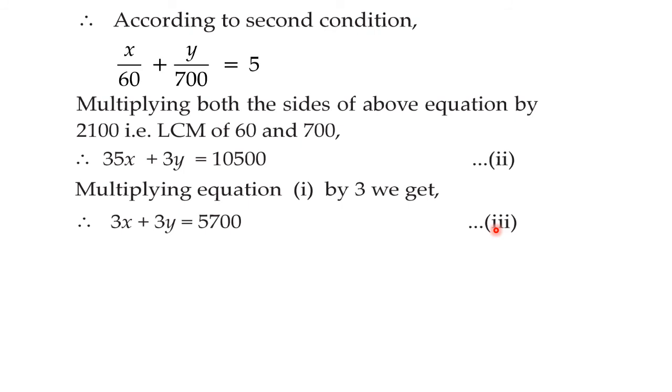Now once again recall the question. They have asked us only about the distance travelled by bus. That means we have to find only the value of x. There is no need to find the value of y. That is why we have equated y only. Now what we can observe is the coefficients are equal. Also the sign is equal. So adding will not help us here. So we have to go for subtraction.